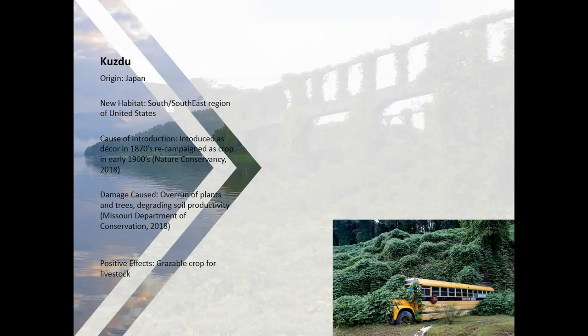Like other species, kudzu was introduced by humans. First introduced in the 1870s as decor, its ability to grow rapidly was harnessed in the early 1900s and campaigned as a crop to prevent soil erosion and for livestock sustenance. While farmers found the plant economically worthless, as livestock would quickly deplete the plant, areas free from predation experienced another scenario. In the southeast, the plant grows rapidly, up to a foot per day.